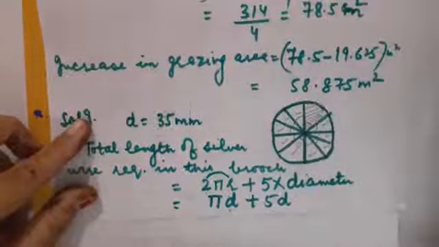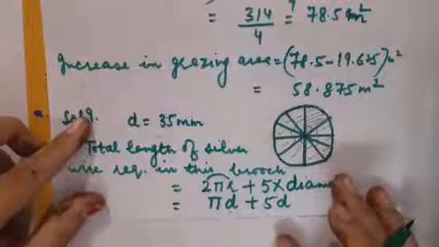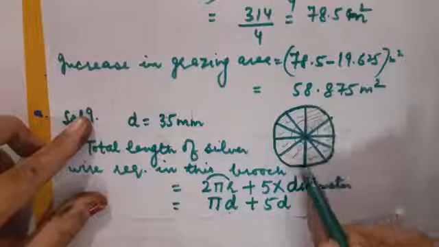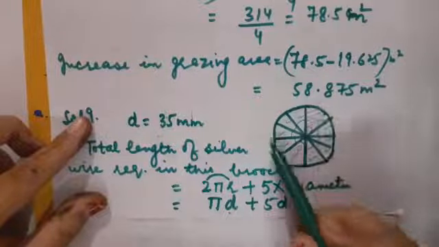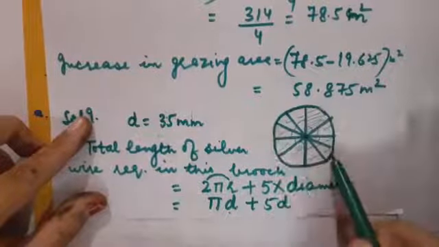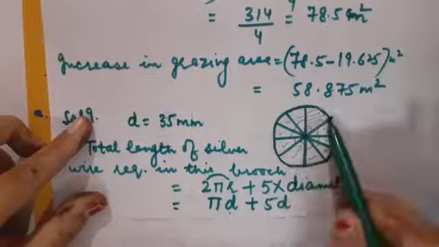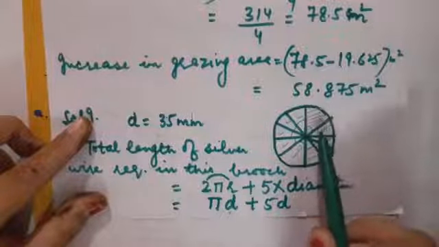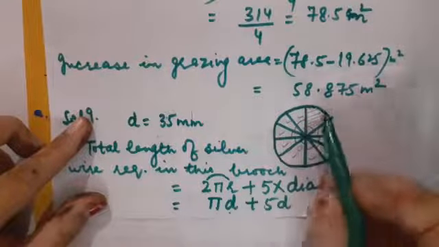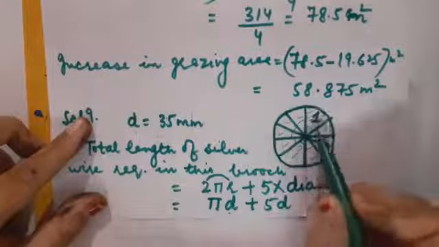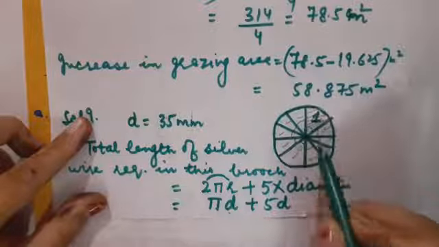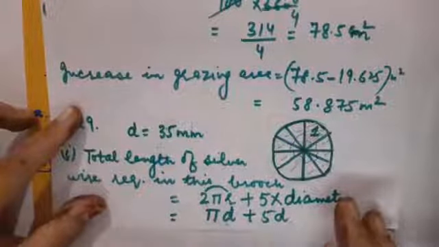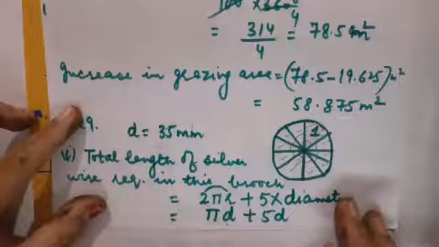Or suppose if it is given to us in the question, instead of calculating the area of the sector and then multiplying it by 10, I can just calculate the area of the complete circle. Through that also I can calculate the area of each and every sector, right? But it is said in the question that area of each sector, each means 1. We have to calculate the area of each sector only.